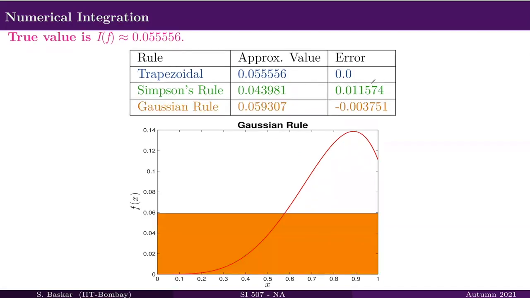And of course, the Gaussian rule is slightly better than Simpson's rule, but however, it cannot compete with the trapezoidal rule in this particular example. Therefore, in general, we cannot say that one particular quadrature rule is better than the others in any example that we take. You cannot make such comments. They vary from function to function. However, by the way they are derived, the Gaussian rule seems to be better than the other rules. That's all. It is only by the way they are derived and not by their performance.